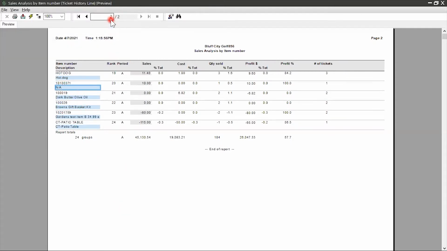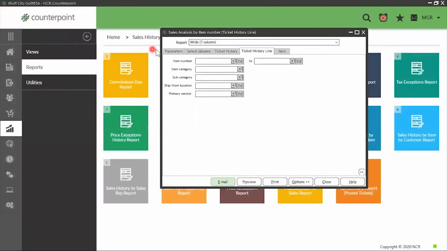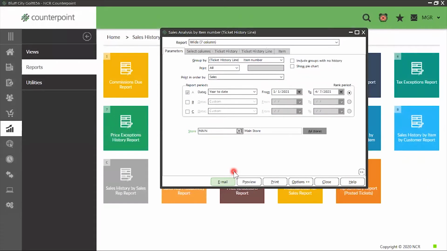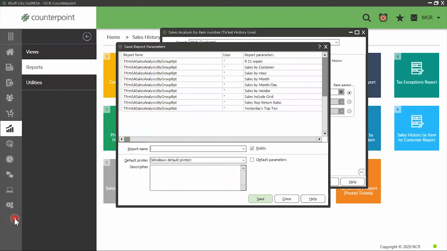Okay, so I'm going to close out of here, and I'm going to close out of here. So I really like this report. And you know what? I don't want to have to build it from scratch every single time I want to run this report. So I'm going to come down to Options, Save Parameters, and I'm going to give the report